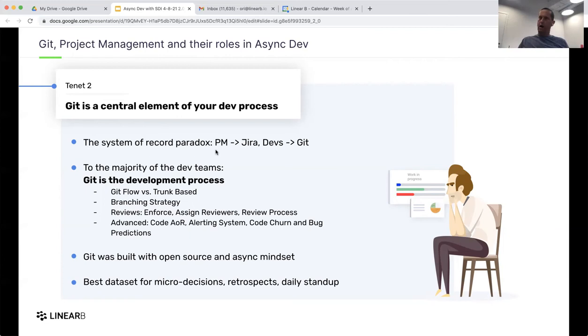And the honest truth is that Git contains empiric data that you can't game. It's not dependent on somebody dragging a task to the right place in the swim lane. So if we somehow can reconstruct an image of what's happening from Git, it's the most reliable data, and it plays a major role in the dev process, right? The decisions that we take on how we work with Git make more impact on developers and their day-to-day than whether we are working Kanban or Scrum.